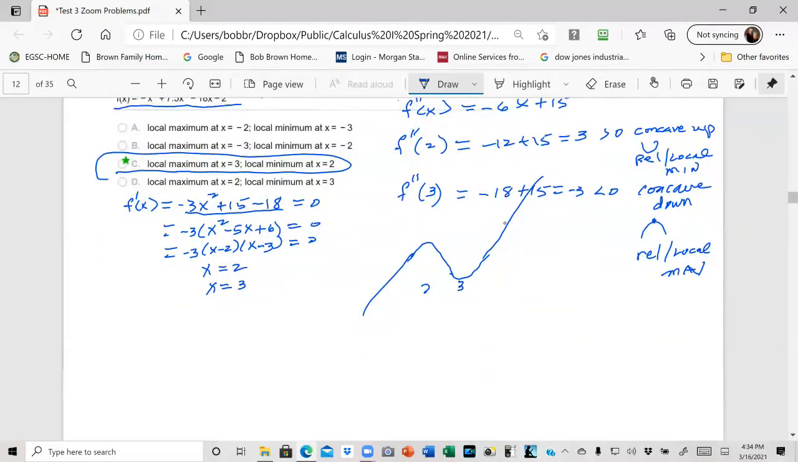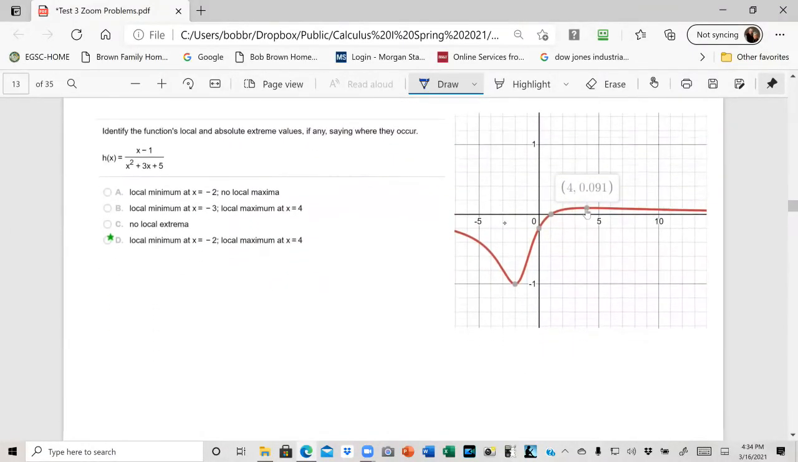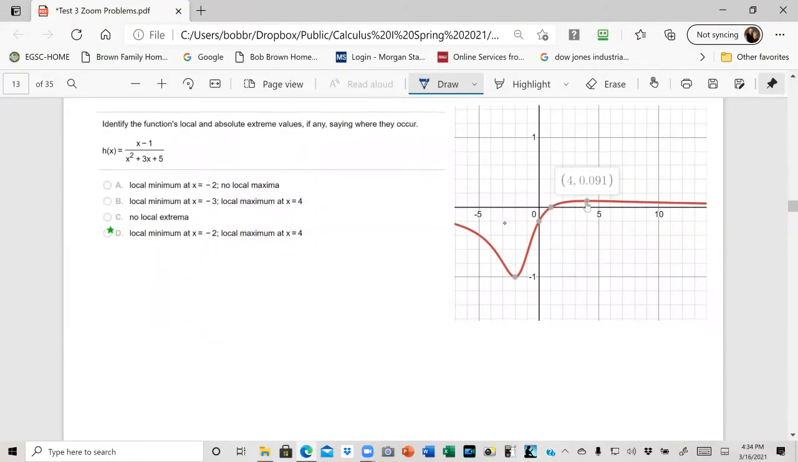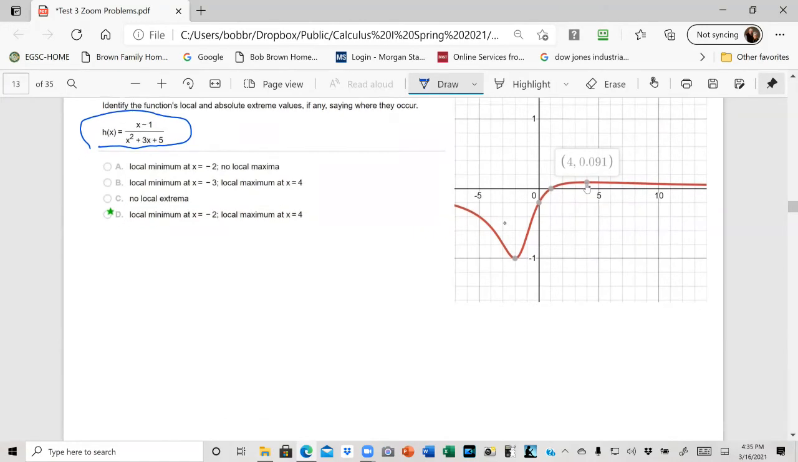Now the next problem is going to be just a little bit involved. And we're not going to take the second derivative here. We're just going to take the first derivative to find the possible local maximum or minimum. And I have already graphed the function over here, which you can do on your calculator. And I urge you to do that just to check your work. So let's look at this function. The first derivative